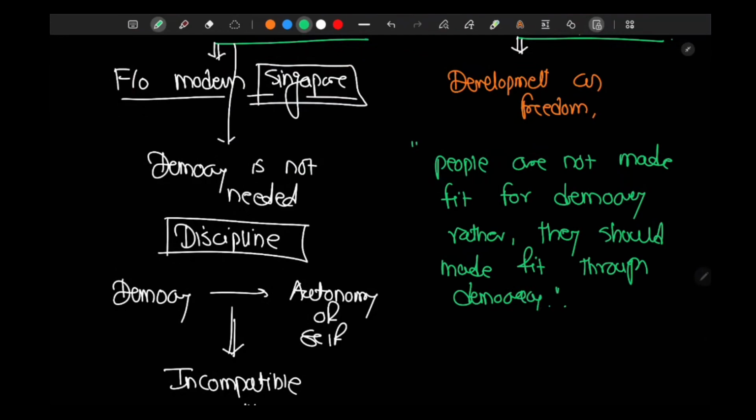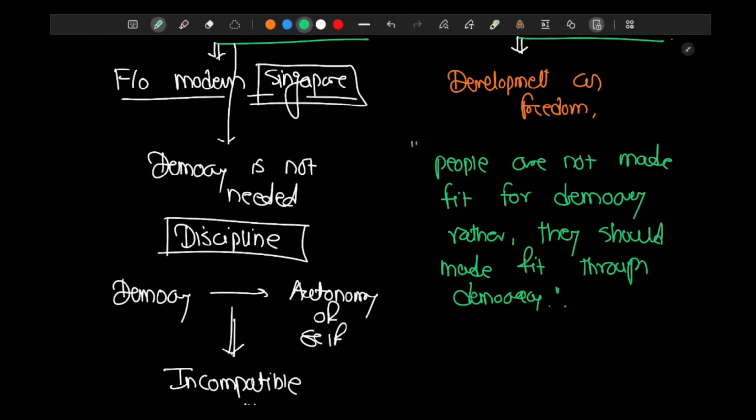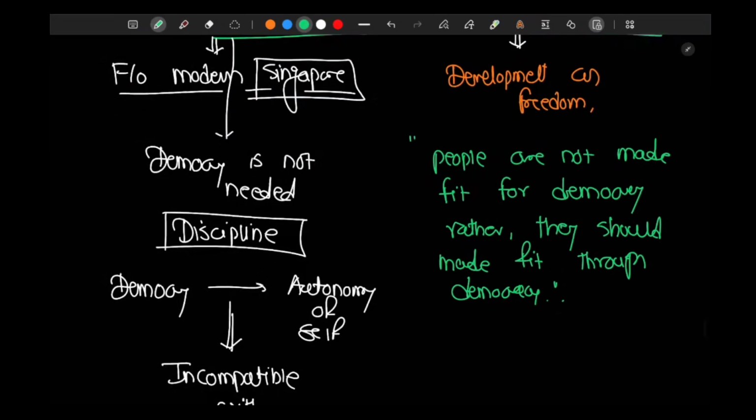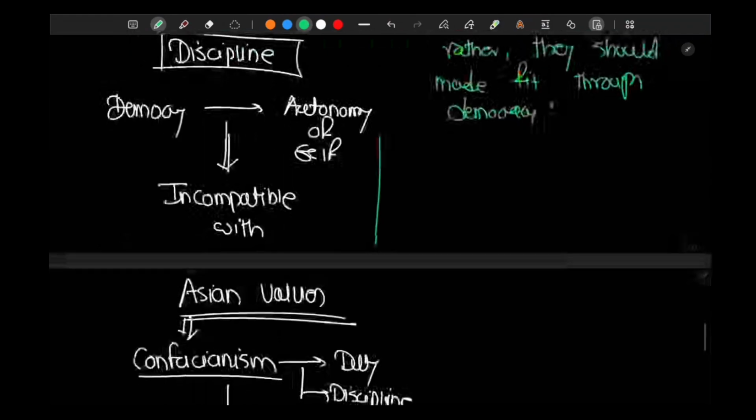Amartya Sen, right? People are not to be made fit for democracy, but they should be made fit through democracy, right? So democracy is not a burden on development, it is not a blockage for development, it is actually an aid, right? So Amartya Sen, in explaining the position of India in his book